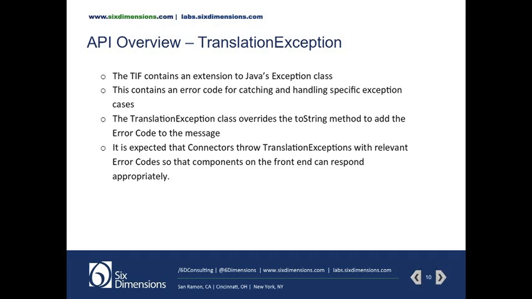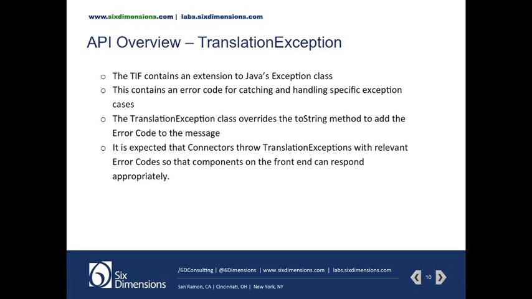There's also a new class, the translation exception. This is an extension to Java's exception class. The extension adds a translation error code that allows us to throw translation exceptions from the API with specific codes for different scenarios, such as timeouts, the connector not configured, improper credentials, no connectors installed in the system. There's many different exception codes,